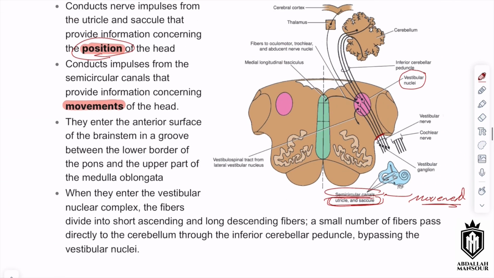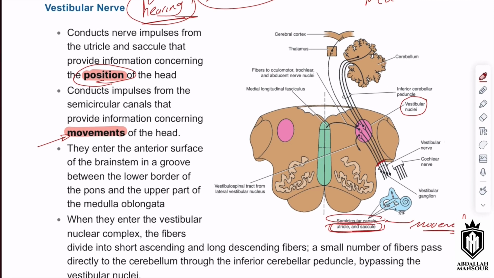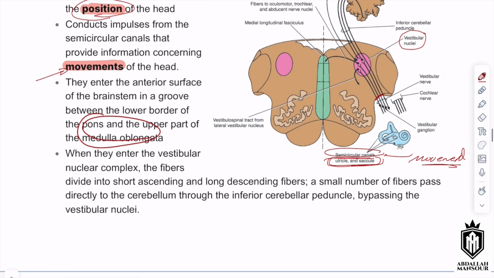Okay, so the vestibular nerve conducts impulses coming from the utricle and the saccule, which are interested in your position, and from the semicircular canal, which is interested in your movements. They enter the anterior surface of the medulla, anterior surface of the pons, just in a groove between the pons and the medulla oblongata. And when they enter the vestibular nuclear complex, these are basically 4 nuclei, 4 vestibular nuclei, and these are